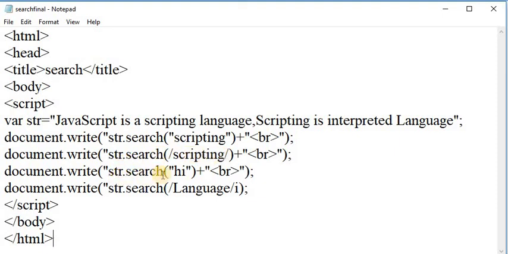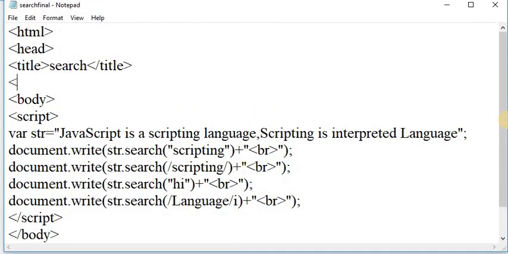After that, I am finding hi, which is not present in this string. And after that, with a regular expression, I am taking a modifier I, or case insensitive. What will be the output? Let us see. Close the head tag and see the output of this program.